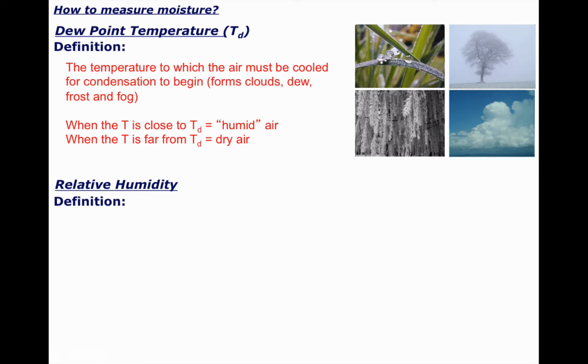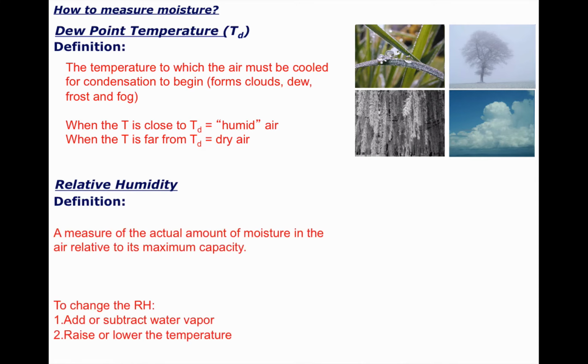In other words, most nights when the temperature drops off and all of a sudden dew begins to form on the grass, we've cooled the air to the point that near that blade of grass, it's saturated. So the liquid water comes out of the atmosphere by the form of condensation. Okay, I think we get the dew point temperature, but let's talk about relative humidity. Relative humidity is a measure, as you see here, of the actual amount of moisture in the atmosphere relative to its capacity. Now, given that definition, it should make sense that the equation is this.